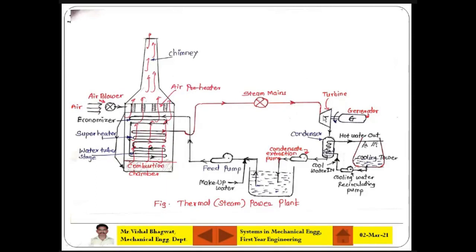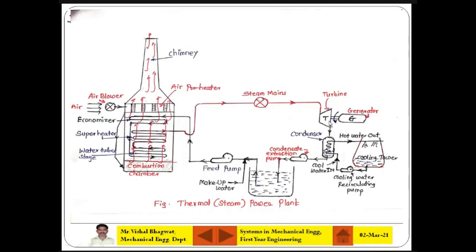Then, as you know, in the turbine, the high pressure energy of the steam is utilized to rotate the shaft, and it leaves as low pressure steam. So pressure energy is utilized to rotate the turbine. Once the turbine is rotating, the shaft is coupled with the generator, and the generator can produce electricity. It will be supplied to the grid.